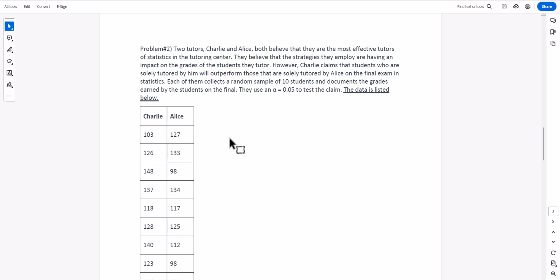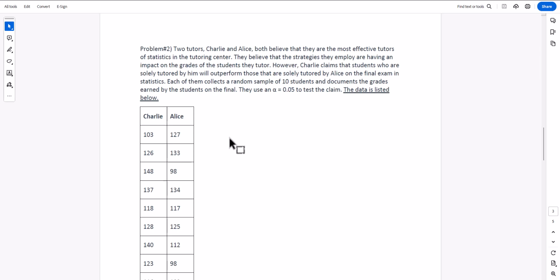Let's read the problem. It states two tutors, Charlie and Alice, both believe that they are the most effective tutors of statistics in the tutoring center. They believe that the strategies they employ are having an impact on the grades of the students they tutor. However, Charlie claims that students who are solely tutored by him will outperform those that are solely tutored by Alice